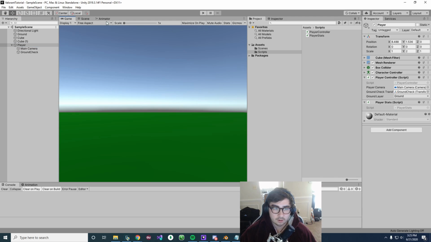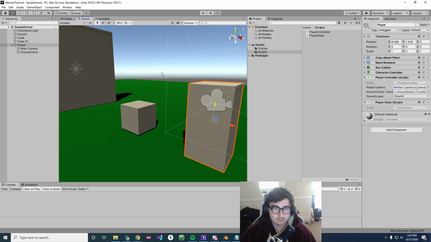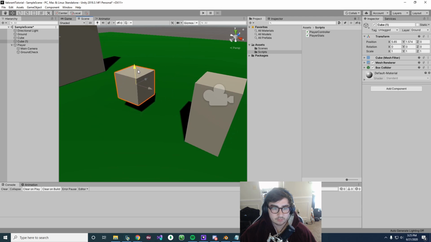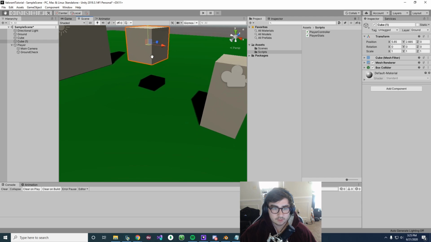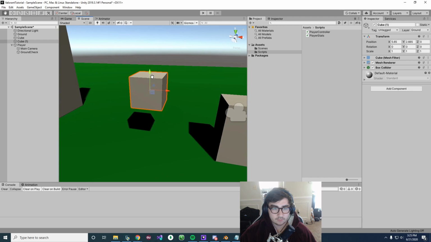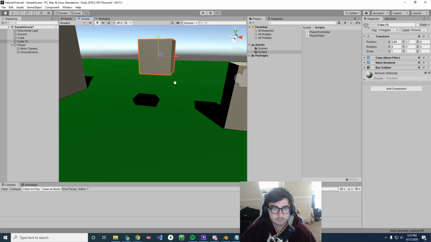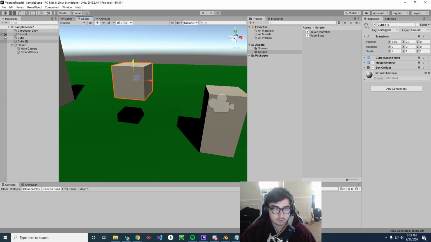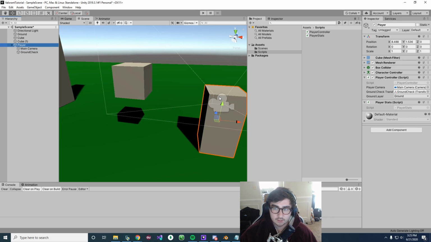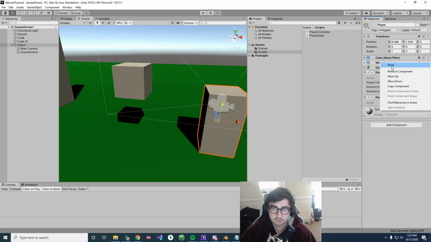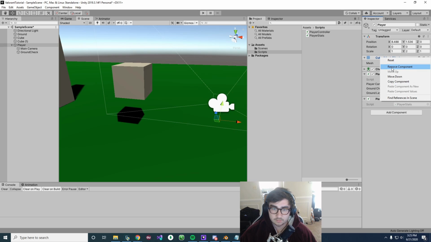The only thing that we should do right now is go to our scene, and this cube, just lift it up, because eventually throughout the tutorial we'll be making sure that when we crouch we can't go through this object. We'll get to that later. And then also on our player, let's just delete the box collider, and then let's also delete the mesh renderer and the cube.